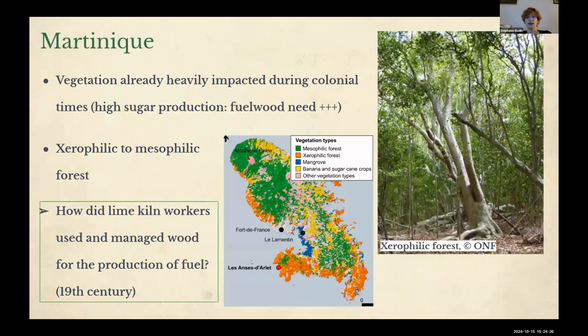And here we were wondering how they were managing wood collection, because you have to know that during colonial times the vegetation was already heavily impacted because there was a high sugar production. So there was a strong need of fuel wood. So how did people manage the